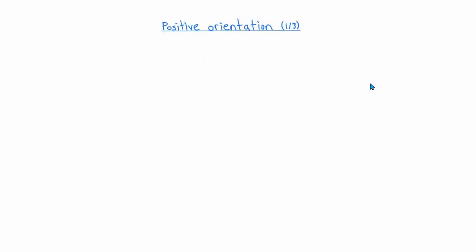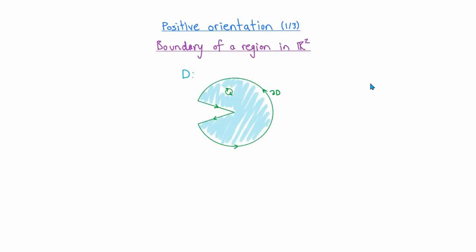For the final part of this video, I'd like to talk about what it means for the boundary of an orientable surface, or the boundary of a solid region in three-dimensional space, to have the positive orientation with respect to the orientation on the region. I'm going to do this in 3 steps. First of all, let's consider the case when our region is a surface which is contained in the plane R2.